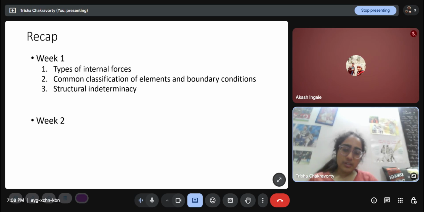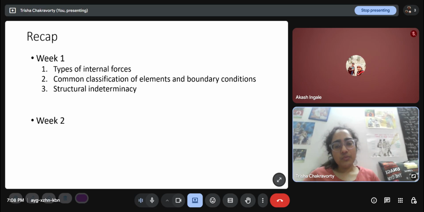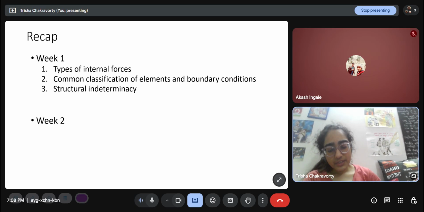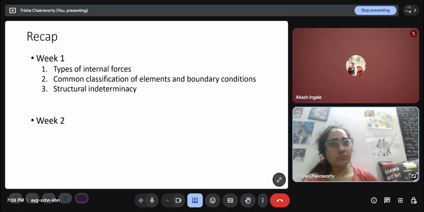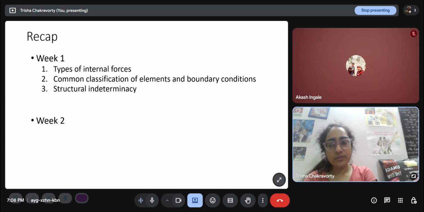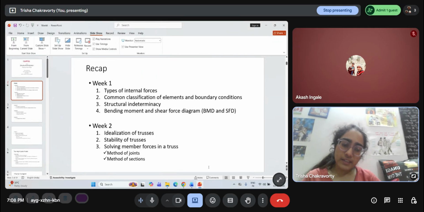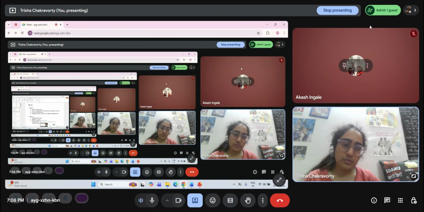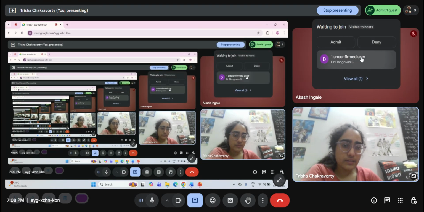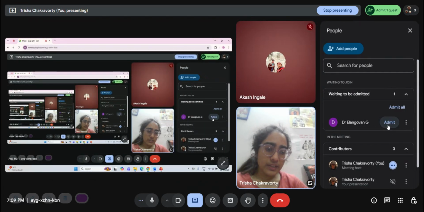And then there is a concept called structural indeterminacy, which has to do with how much redundancy there is in the structure. The more redundant it is, the more indeterminate it is, and we need special conditions to analyze that. They are more difficult to analyze. So far, we have studied determinate structures, and from next class, we move on to indeterminate structures. The first 6 weeks are studying only determinate structures.